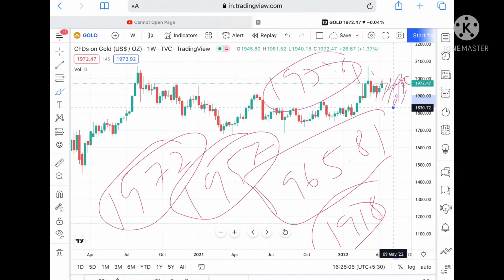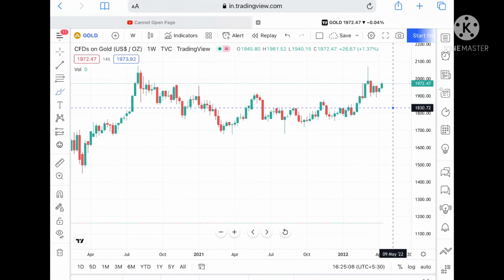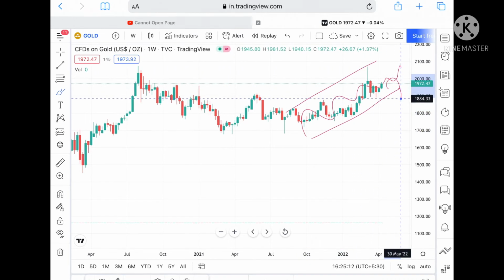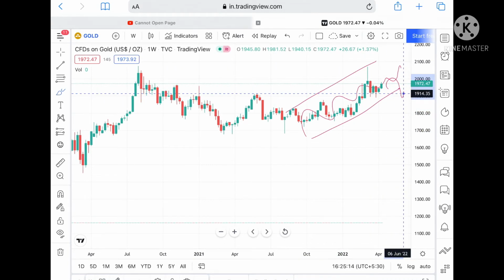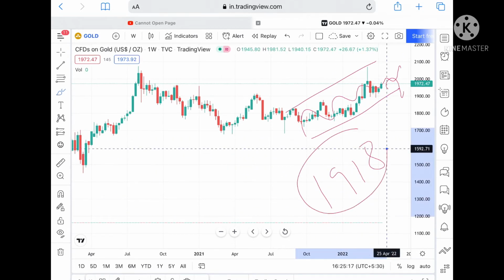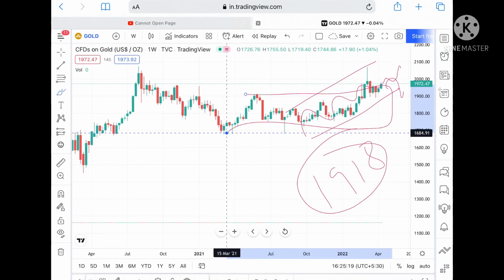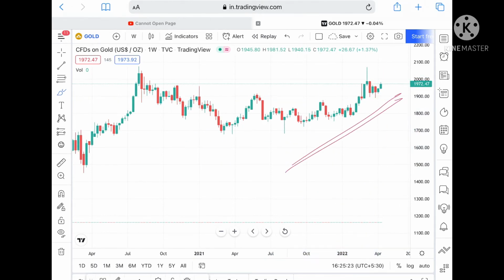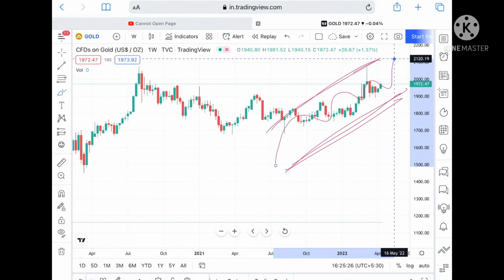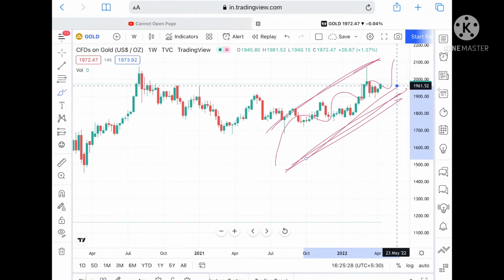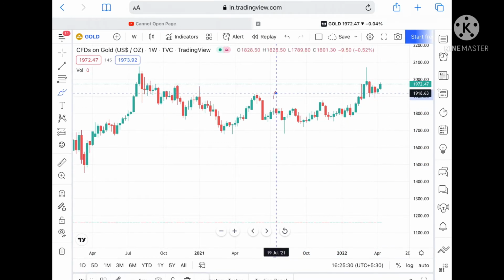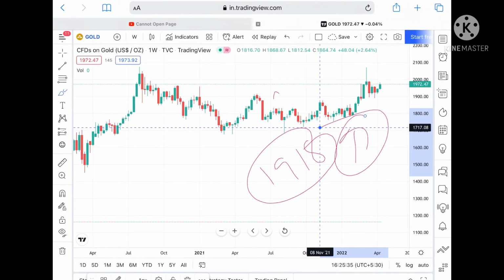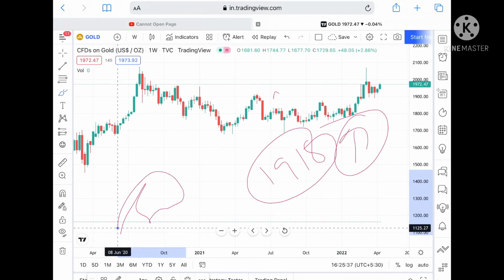Any doubt regarding this, you can mail me. Because in this particular range, we can see an uptrend. The uptrend will continue as long as it is sustaining a level of 1877, or as long as it is sustaining 1918, because this is the range. And the trend is also upside, so we can see further upside. Till the time it sustains a level of 1918, which is a strong support, we can see it move further upside.